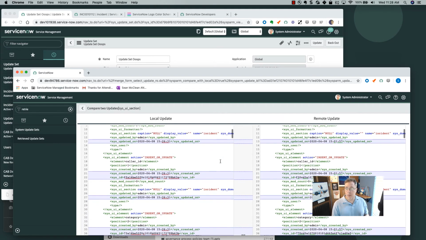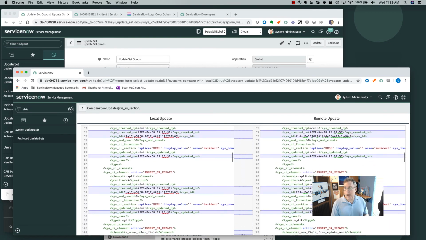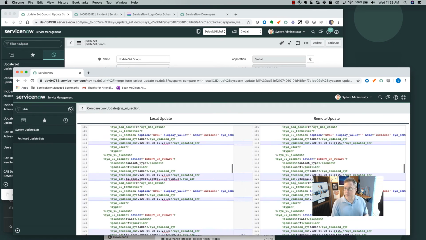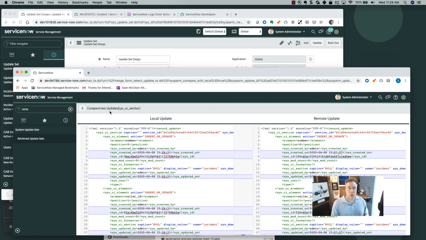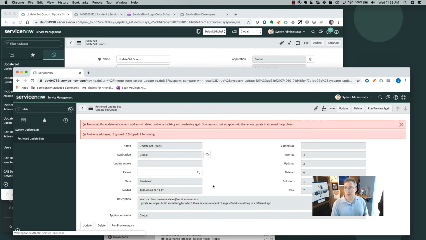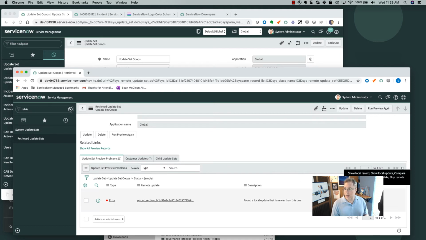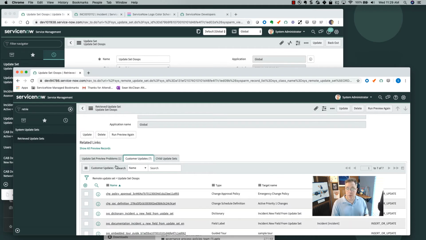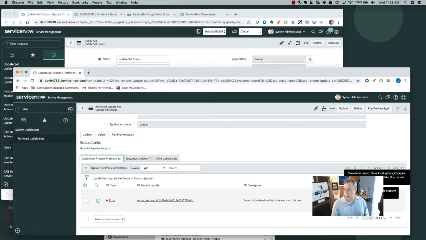And if I look at that compare, I can see where, oh, this was updated, and really what happened was I had one field on my production instance and a different field that I was bringing from the development instance, right? And so it's a pretty simple thing to look at that and go, yeah, that's fixable, right? So to get to this, what I probably would do is come down and look at my choices, and I could skip that one update. Notice that there's many that will come through, but there's one that I have to make a determination of. So in this case, I'm going to accept,